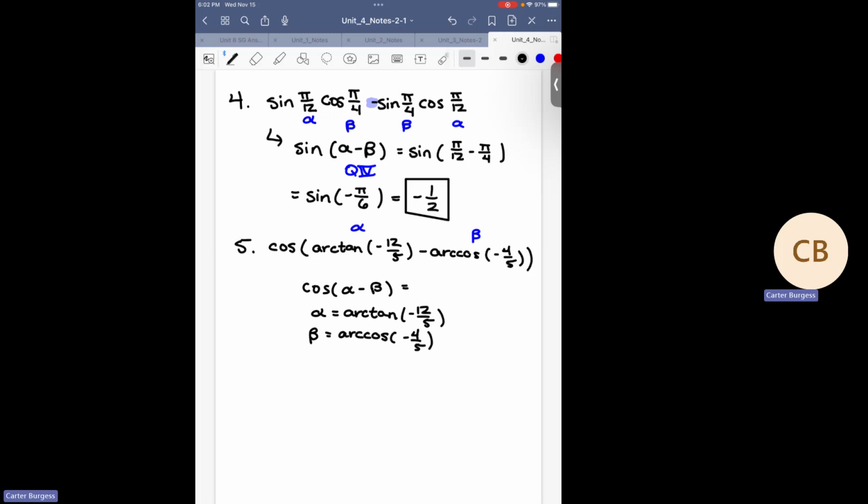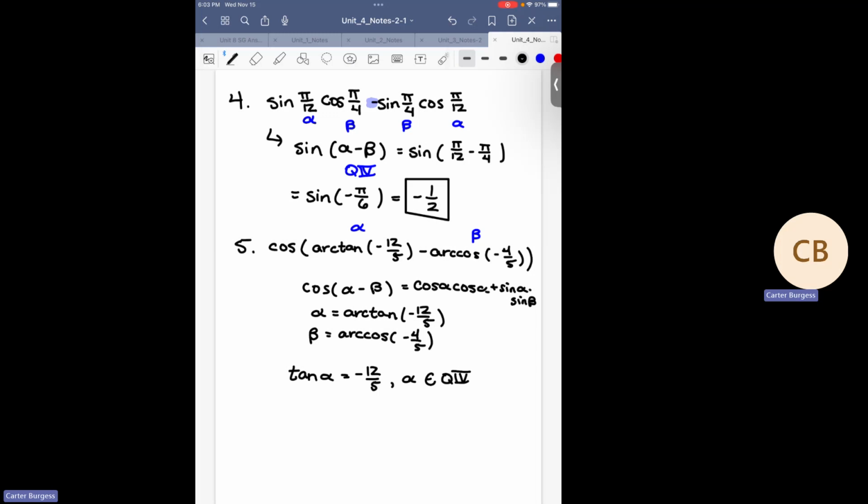And cosine of alpha minus beta, we know that this is going to be mean. Cosines are going to be grouped, and that minus is going to flip-flop. All right, let's reframe. We're not set up well to think about things in terms of our inverse functions here. And so reframing this alpha equals arctan statement to say that tangent of alpha should equal negative 12 over 5. And the additional piece of information we have here is that alpha must be a quadrant 4 angle, because that is what the inverse trig function for tangent tells us,